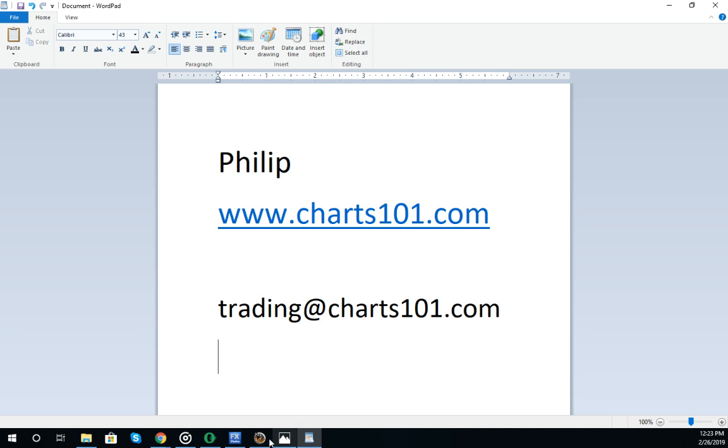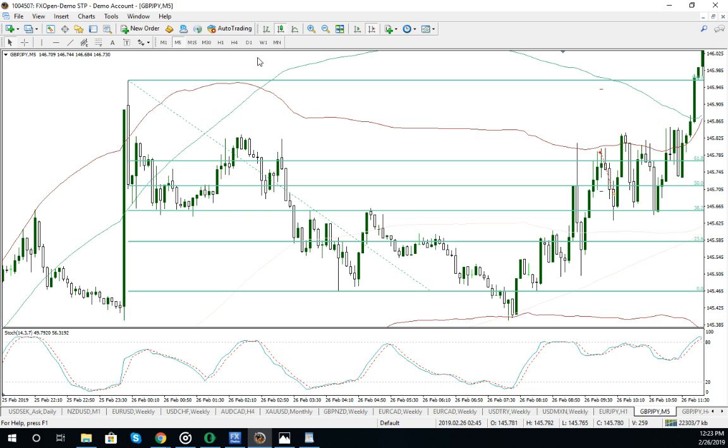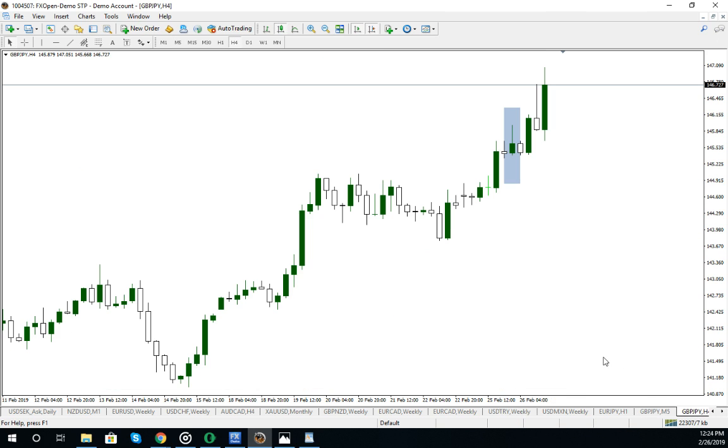Let's look at some trading. I want to point out on this demo account what I was looking at last night. This is a 4-hour chart, and I noticed this price action here, this 4-hour candle